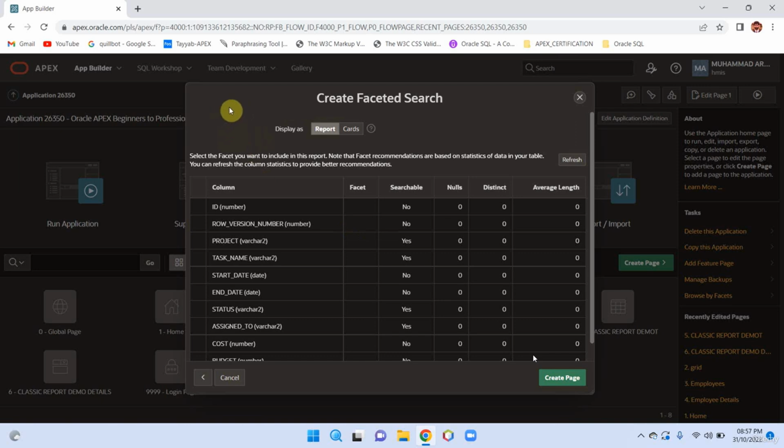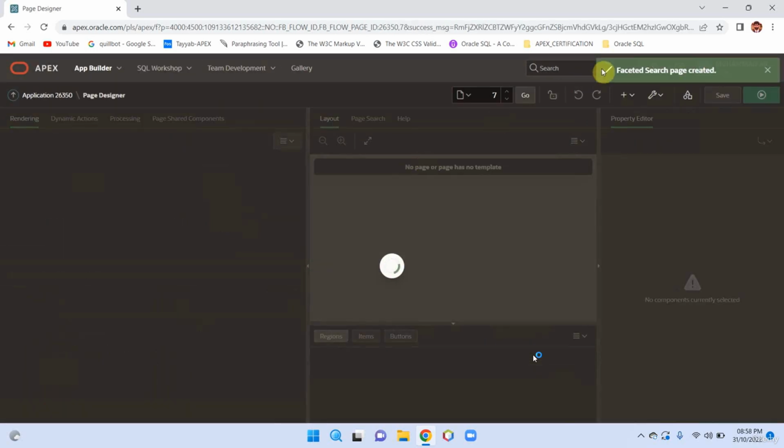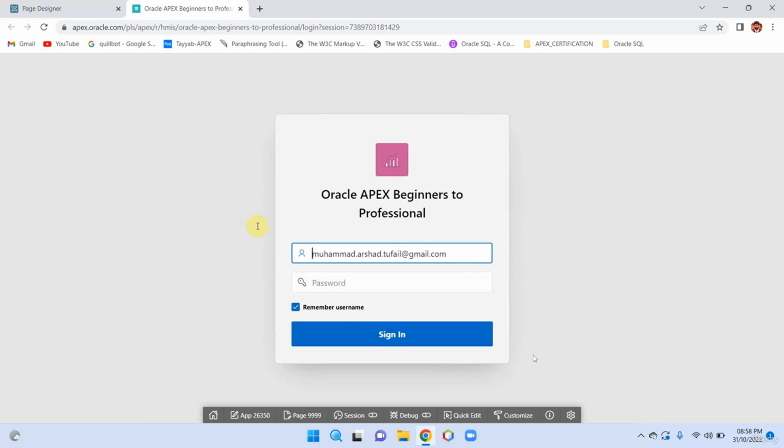Here we have two options: display as report or cards. I am going with report. Create page. And run your page. So this is a very basic